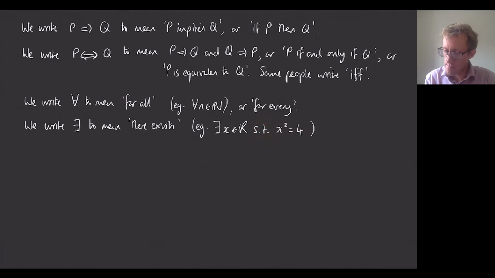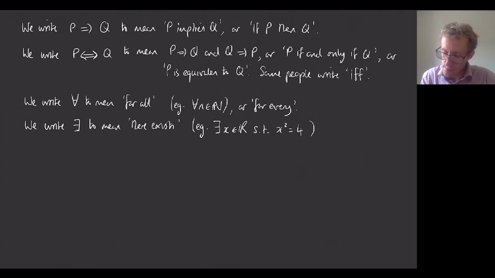Some people kind of assume that the such that is implied by just writing the there exists symbol. Some people would put a colon here, and you've seen me using a colon to mean such that in the context of writing out definitions of sets. Personally, I tend to write such that. And the reason I do that is because I want to be able to read statements like this as a sentence. So this is where maths is starting to become its own language. So I want to be able to read this as there exists x in the real numbers such that x squared is equal to 4.